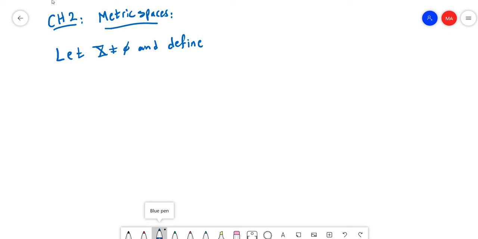Usually we call this function a distance function, and define a function or a distance function d from X Cartesian product with itself into R plus, where